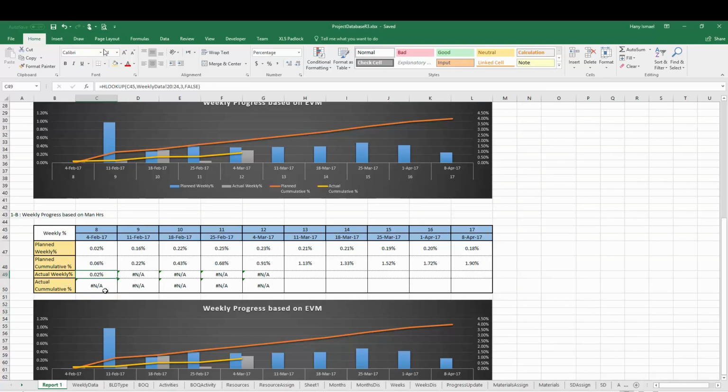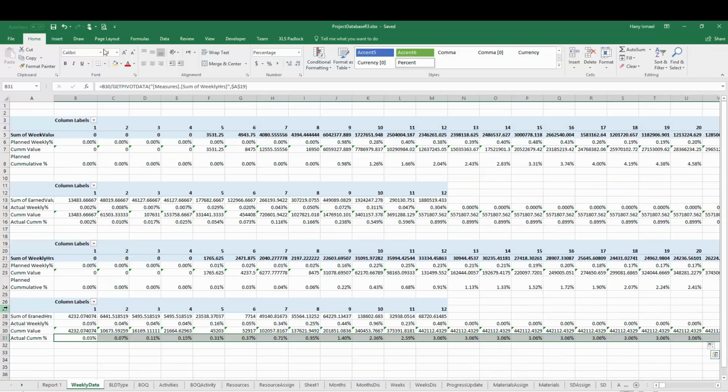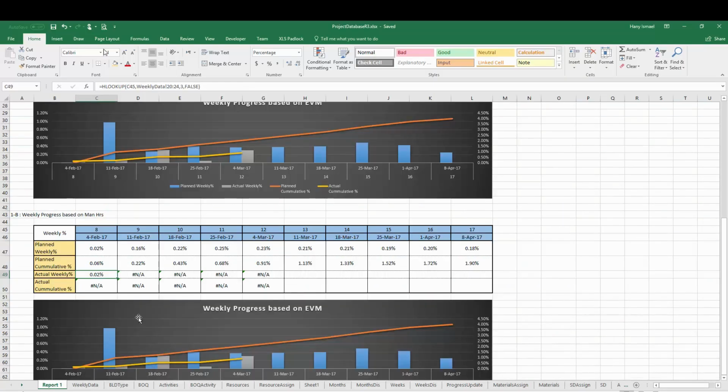Then here the actual weekly percentage should work from 27 to 31. We'll change the data here from 27 to 31, and drag this one. Oh, I don't want to, I'll just only copy paste the formula. Here also we'll change the number 27 to 31, then copy